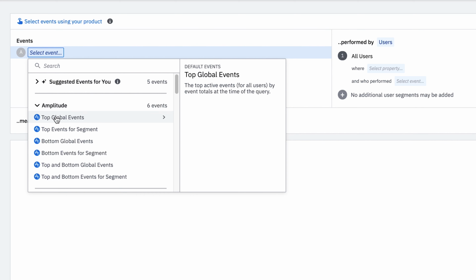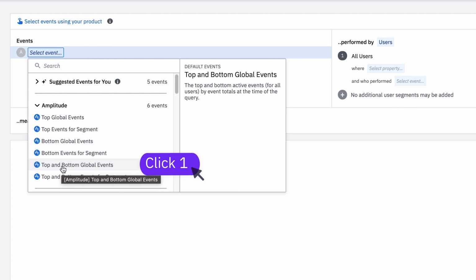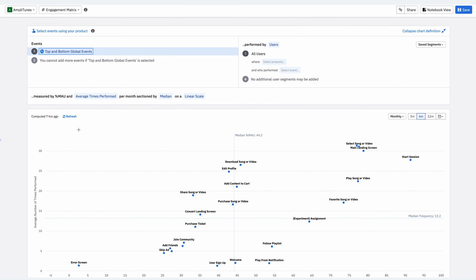Top Events shows the top 50 active events by event totals in your project. Bottom Events shows the lowest 50 active events by event totals in your project. And Top and Bottom Events shows the combined top 50 and lowest 50 active events by event totals in your project, giving you a matrix view comparing frequent and infrequent feature usage. Let's choose the top and bottom events so we will have a bird's eye view of what people like and